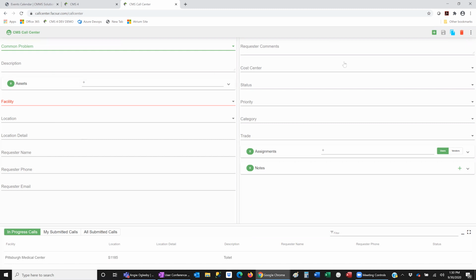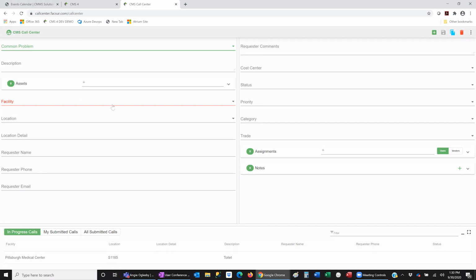I could have 2 or 3 sections in here. So I could have the call information, depending on your call workflow. I can set it up if you're asking, what's your problem? What's the description? Where are you? And then you ask your name. This is set up for that order. But if you ask their name first, you have the ability to rearrange these so your call center staff can